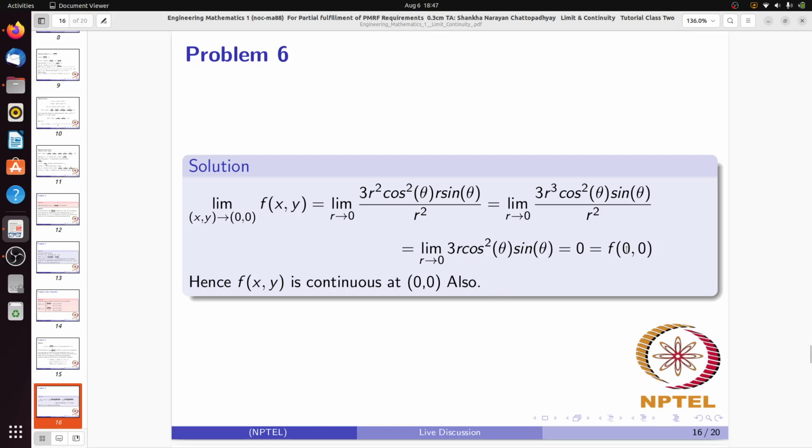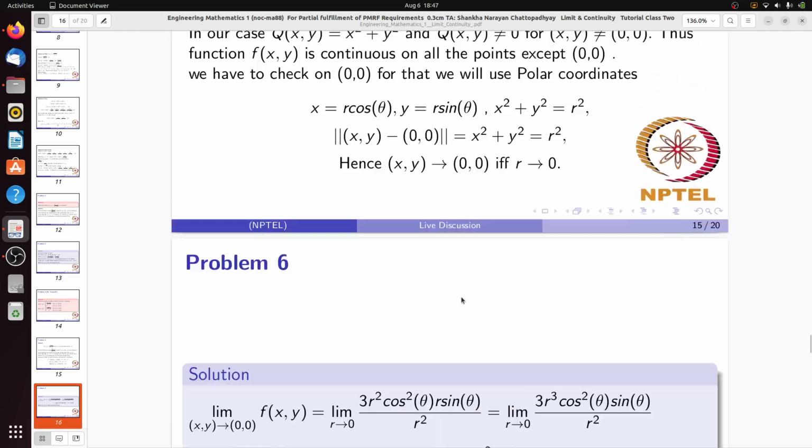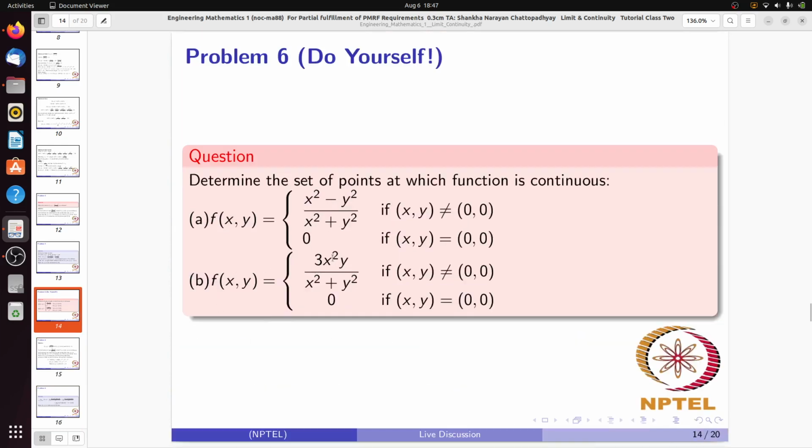This is equal to 0. This is equal to f(0,0). Hence f(x,y) is continuous at (0,0) also. So what do we say about f(x,y)? We say that for the first question, the set of points at which the function is continuous is R2